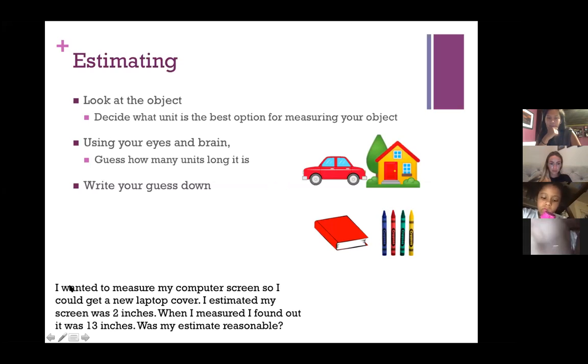What do you think? I think it was. Why do you think my estimate was reasonable? I think it was because you took a good look at the objects and look and